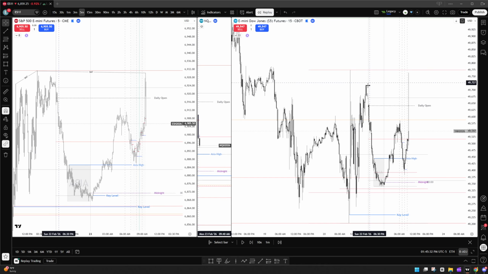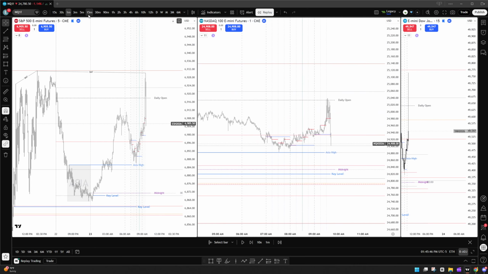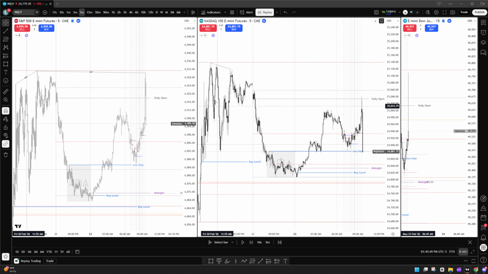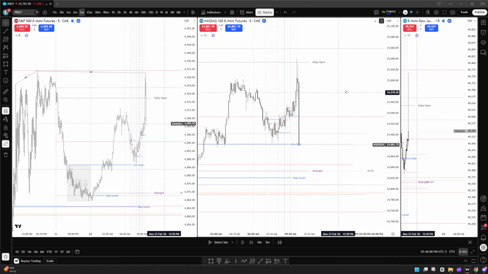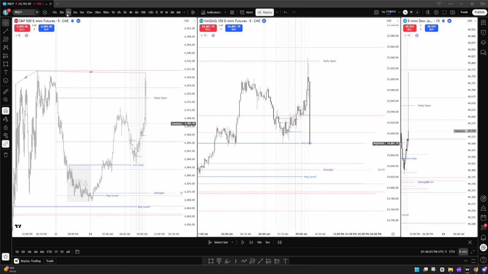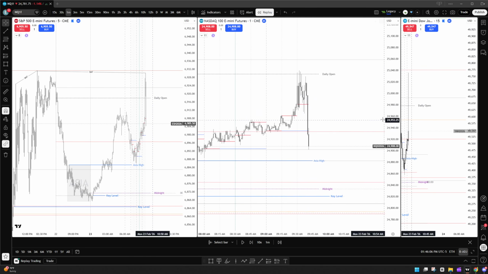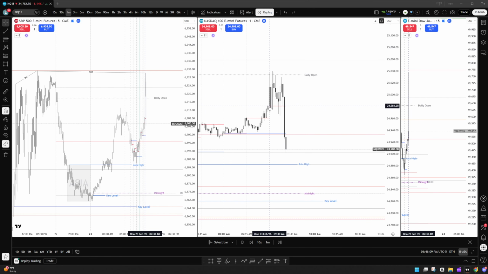Yeah, so we have this SMT, we have double SMT right here, this and this. Double SMT plus here with YM. So this got taken, and then this on NQ. You can see here, NQ, SMT here with ES and YM. Again, another SMT did not get this. So YM clears out, NQ rejects off daily open at 9:30. 9:30 open high, correct PO3. Now, this closure below 9:30's opening price